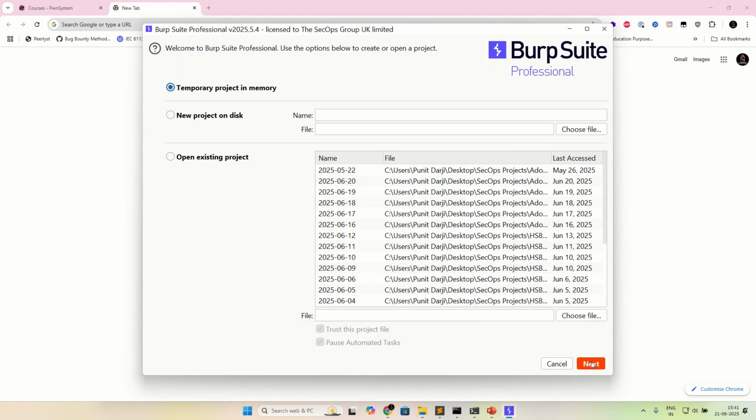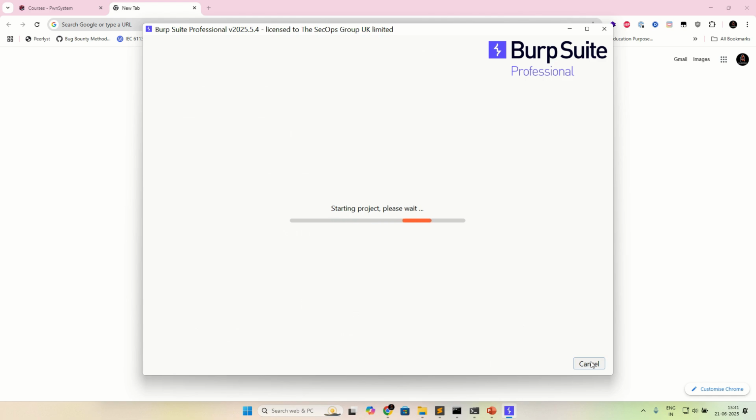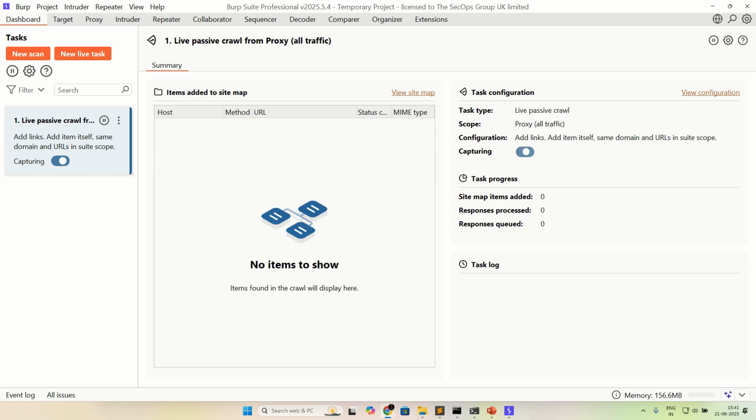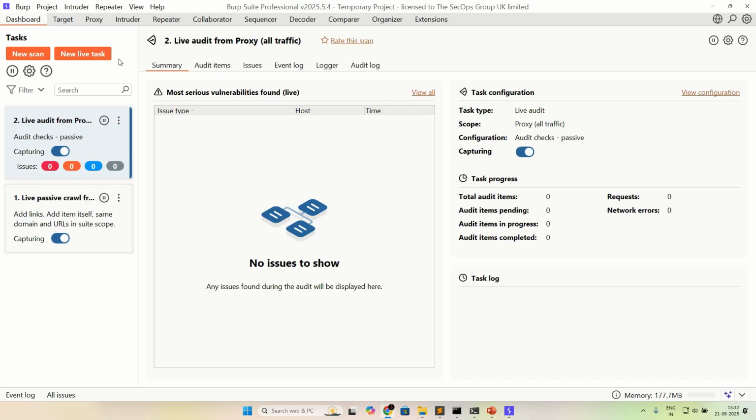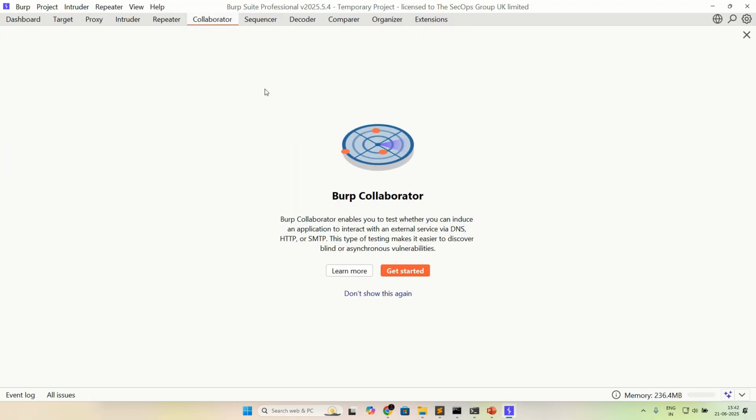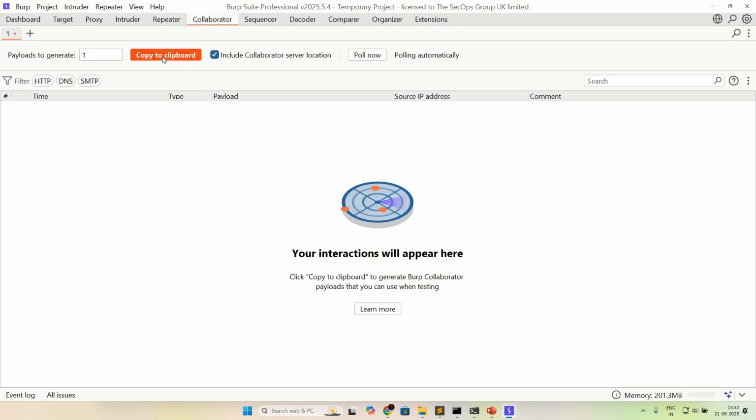So let's start our Burp Suite, go to Collaborator and get started. Just copy this to the clipboard